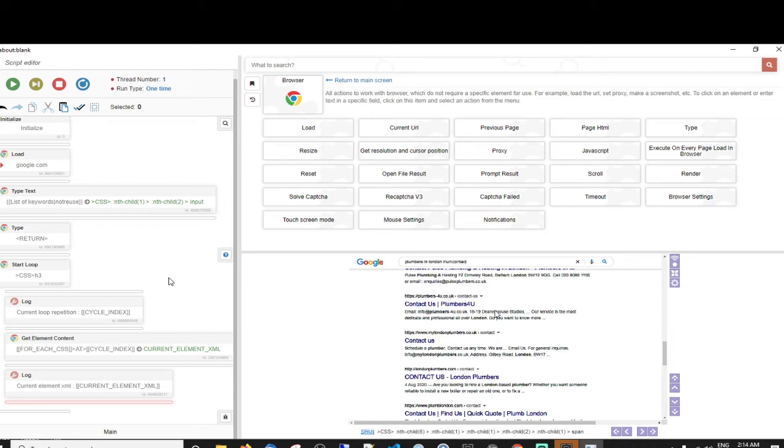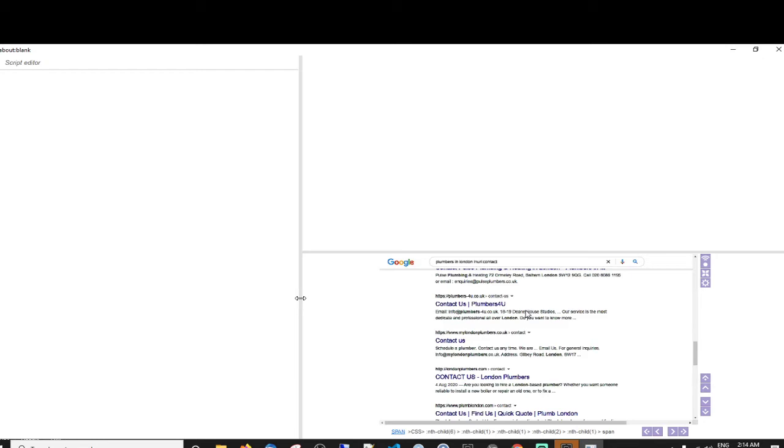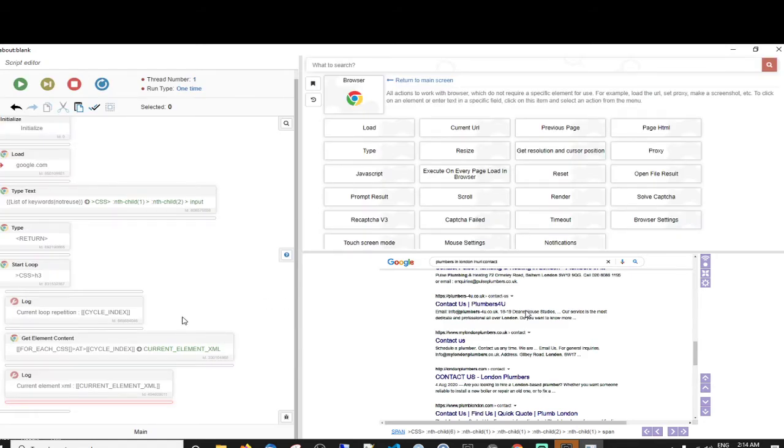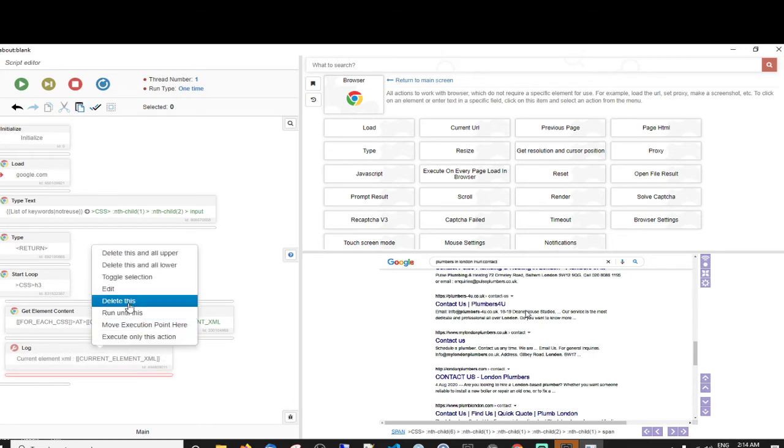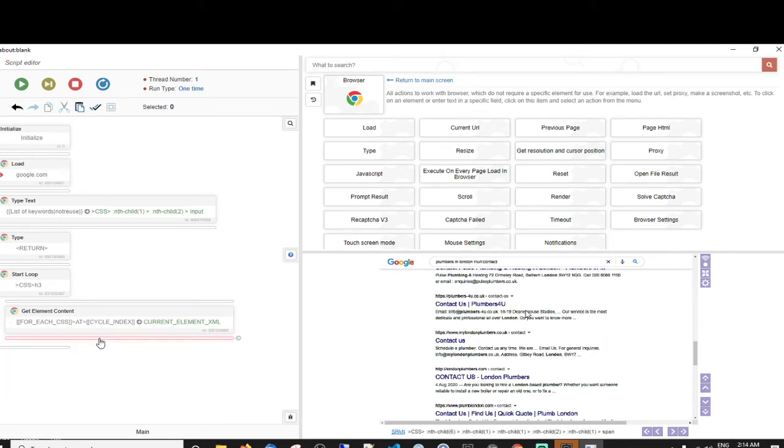Now, let's come here. Don't need to see what number of loop repetition we're on. I don't need to log out the element that we're on. But I do, for each one of these, want to grab the link.